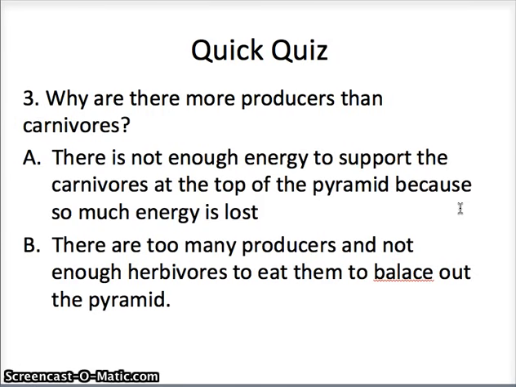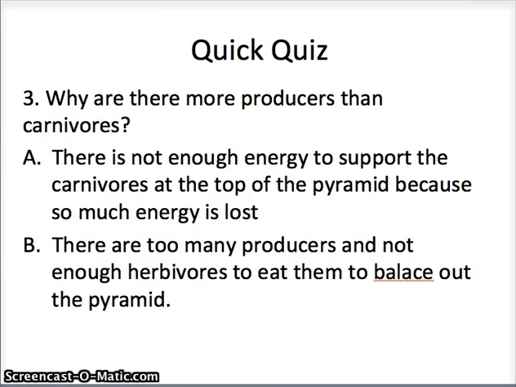Number 3. Why are there more producers than carnivores? Is it because there is not enough energy to support the carnivores at the top of the pyramid because so much energy is lost? Or is it because there are too many producers and not enough herbivores to eat them to balance out the pyramid? The correct answer is A. There is not enough energy to support the carnivores at the top of the pyramid because so much energy is